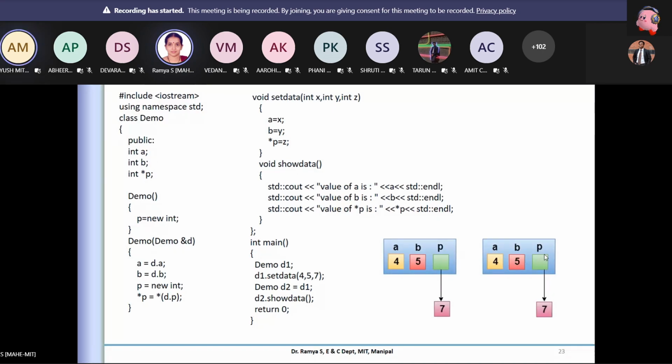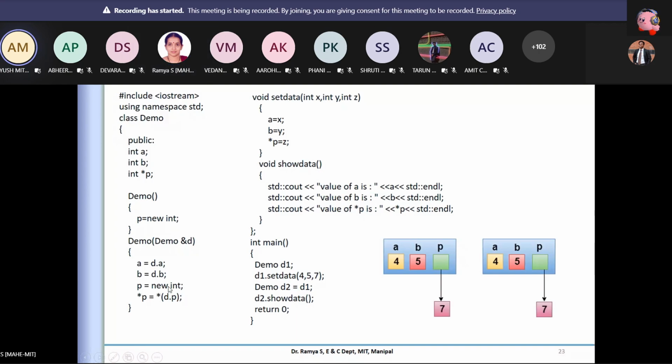Ma'am, but we are also allocating the memory in the constructor, right? In the constructor we are allocating, but we are not assigning the values to it. This assignment happens here, right? In set data. That is okay. The pointer is there. This is just me creating a value, but what it is pointing to, what value it has, in the previous case was not assigned.